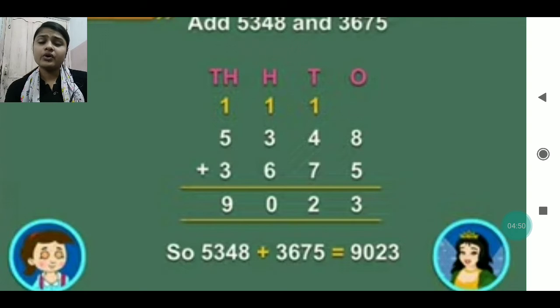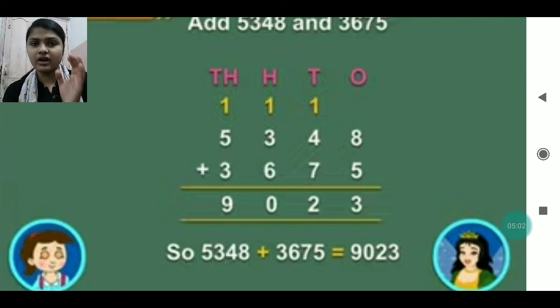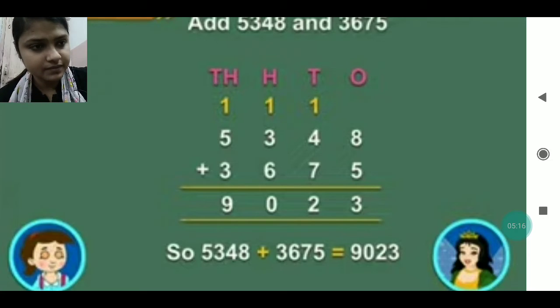So carry numbers we have to mention upside. It's not that we are adding in the mind. No, you will show the carry numbers like this. You have to make the columns. The columns are already made in your square line copy. In that you will mention the place values, and downside you will arrange the numbers according to the place value. You will add, and you will leave one line where you will write the carry number.